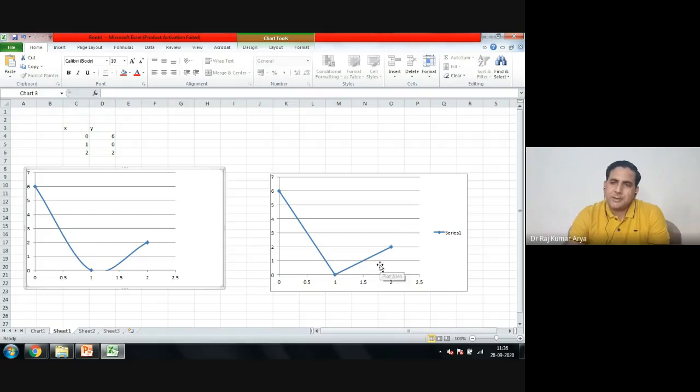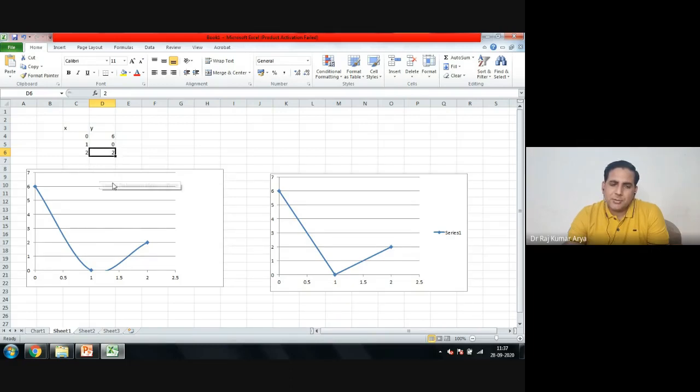So the linear is just a quick estimation here, but most of the time it is not advisable if you have some other technique. Therefore your Lagrange is something better, because if you can see your data points here, at X equal to 1, your Y value is 0, and X equal to 2 is 2. So in that case, if you want to calculate another value between 1 and 2, if you see the graph trend here, it's going something like that.